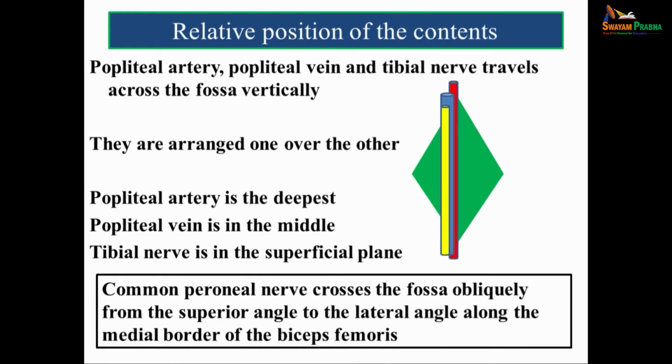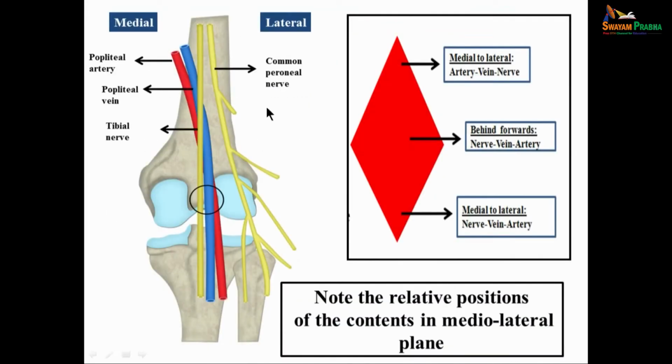And the common peroneal nerve is crossing the fossa obliquely, from the superior angle to the lateral angle along the medial border of the biceps femoris muscle. So the relative positions of the contents are very important, because for any surgical operative procedures done in this area, you should be clearly aware of the position of these structures. And also the mediolateral plane relations are important. Now if you look at this picture,